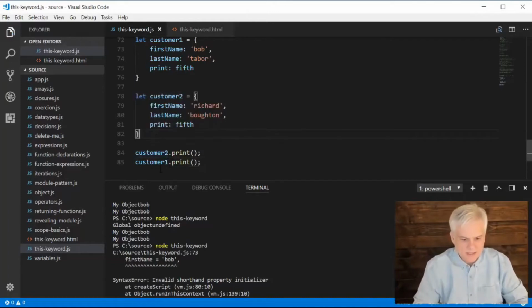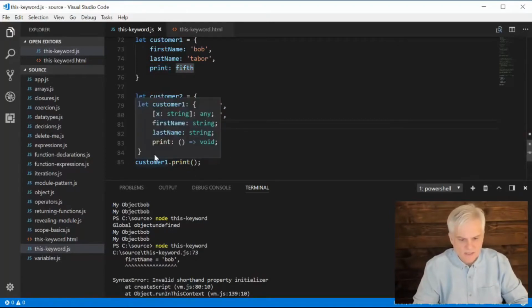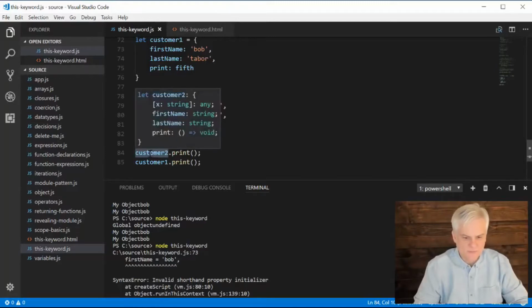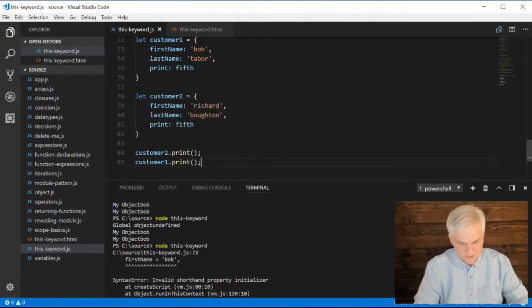All right, so now look at how this works. What is the context? How do I call the print method that's pointed to fifth? Well, in this first case, I'm using the object customer2. That is the context. We're going to bind the this keyword to customer2, because I'm calling it as a property of customer2. I'm going to bind next in line number 85 the this keyword of the print method to customer1. So let's go ahead and